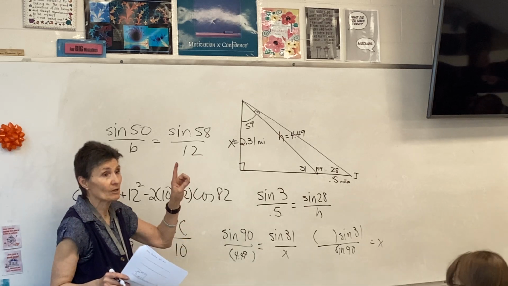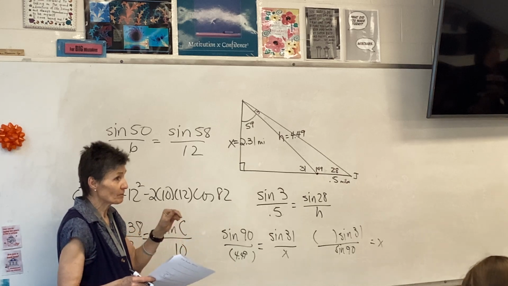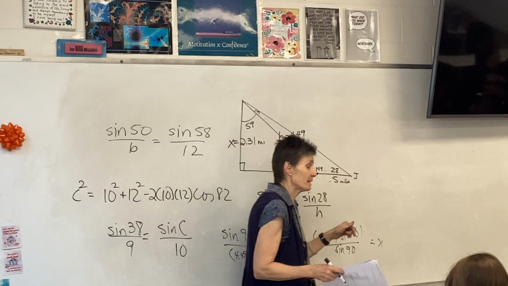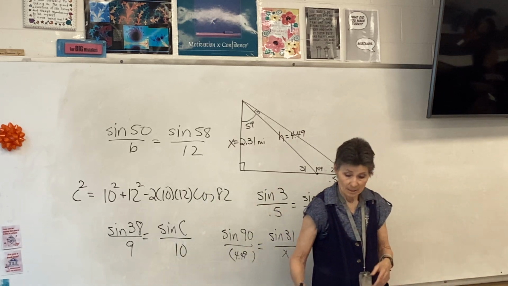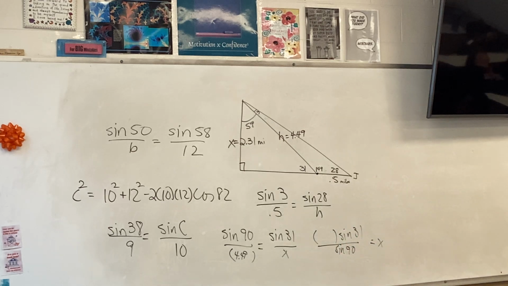And then, boys and girls, for problem 5, you have to check to see if there is another angle C, because that is an ambiguous case. You have to check, because there could be another angle C. You don't have to solve the whole triangle, you just have to figure